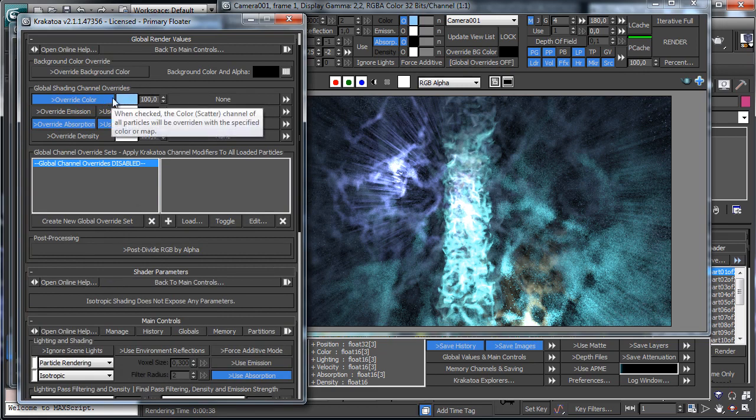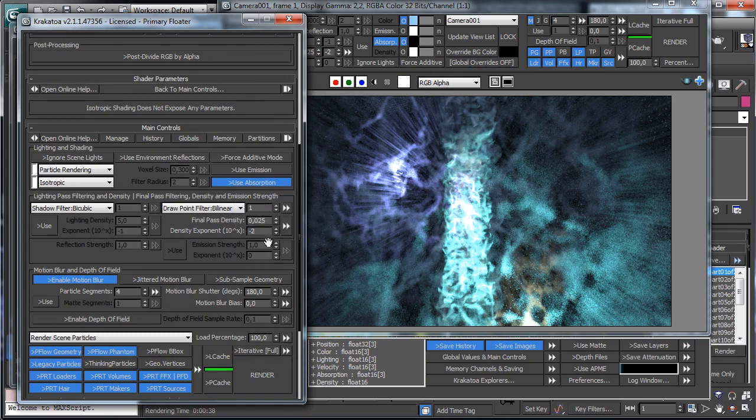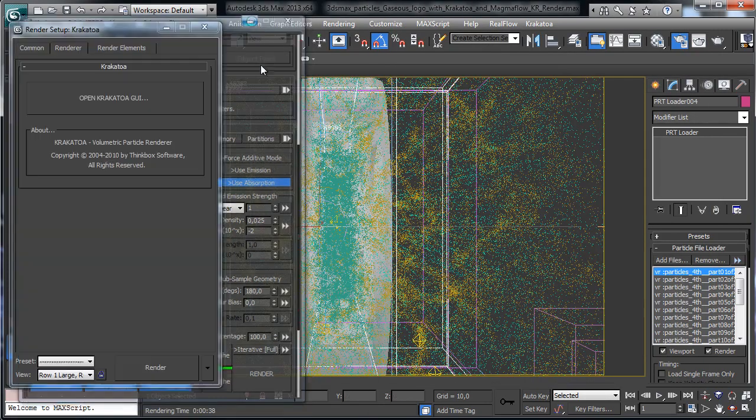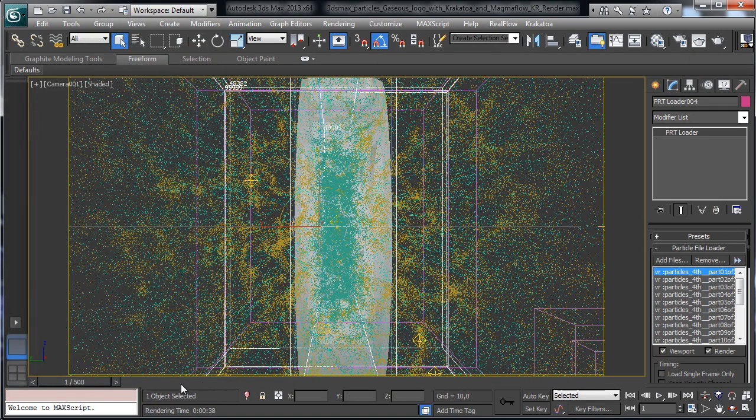Actually, we have the override color for the particles, but now we'll tweak it. And that's the density. I think that's nice. Obviously, if you have a lot of particles, you will have no grain there. That's clear. So let's go some frames later